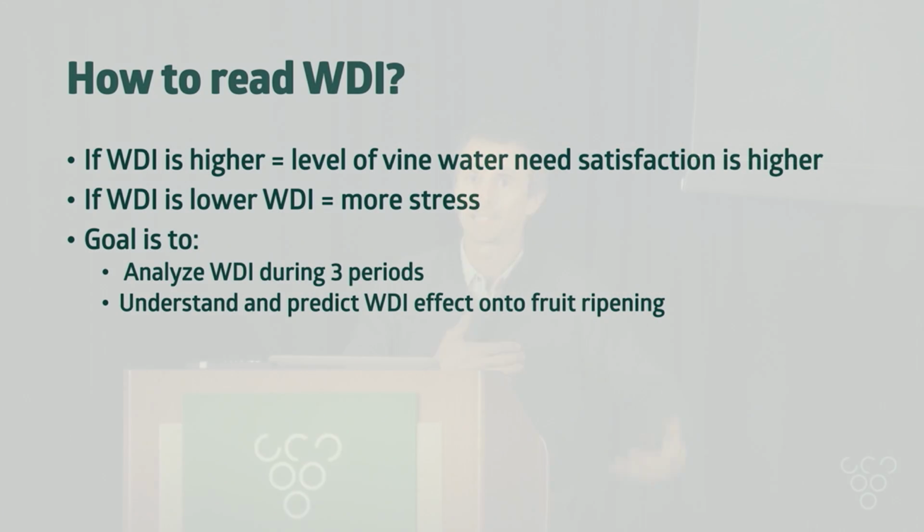And how do we do that? Well, we create the ratio of maximal water use, which is defined from the KCB max, versus actual transpiration. So when this ratio is at 100%, it means that the plant is transpiring all the water it possibly can. And when this water deficit index is lower, it means that the plant is experiencing a deficit compared to what it would normally use if it had all the water it needs in the world.